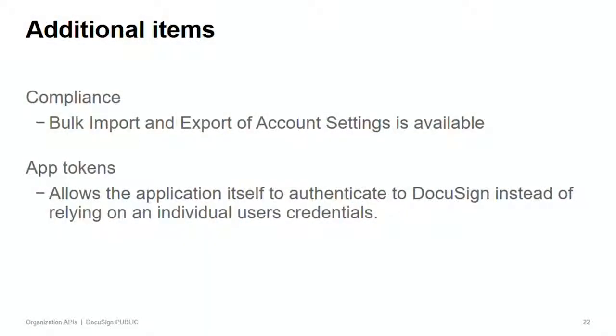And you can kind of do the same thing, pull it, look at all accounts at a single time, update the values that need to be updated and import it. If you want to see a demonstration of that, there's actually a breakout in Golden Gate 5, Continental 5, excuse me, at 1:30. And then, so that's available now. The account settings coming soon though is app tokens, and app tokens are the idea that you can authenticate your application itself instead of a user and let you act on behalf of a user just via the application.